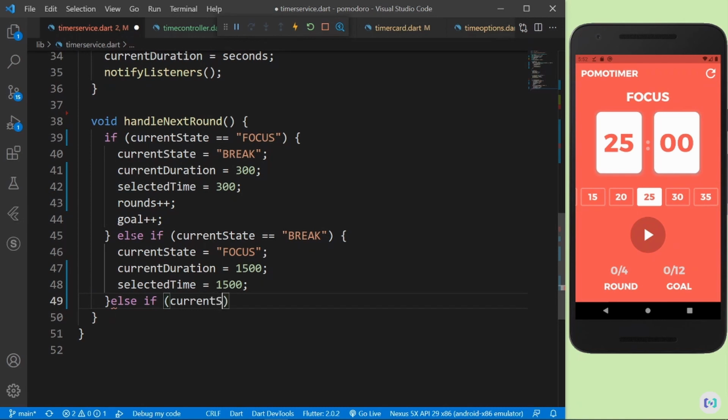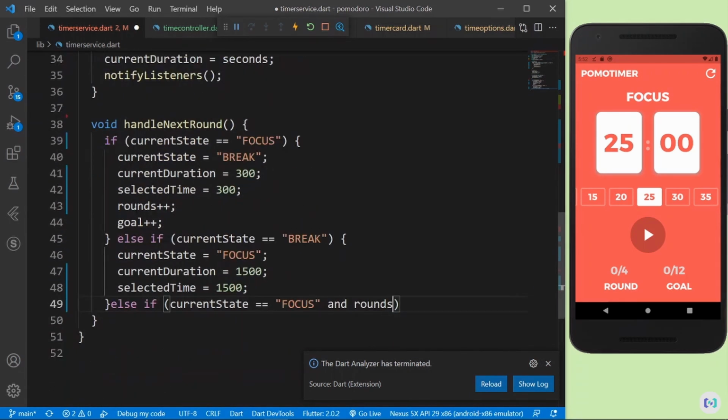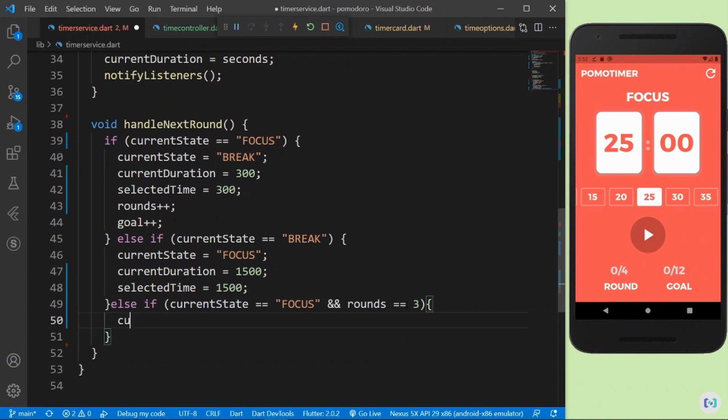So else if current state is equal to focus, and also the rounds is equal to, we would say 'and not' in Python, but here we have to say and, if rounds is equal to 3, then we want to change the current state. So I'm going to say current state is equal to the long break state,